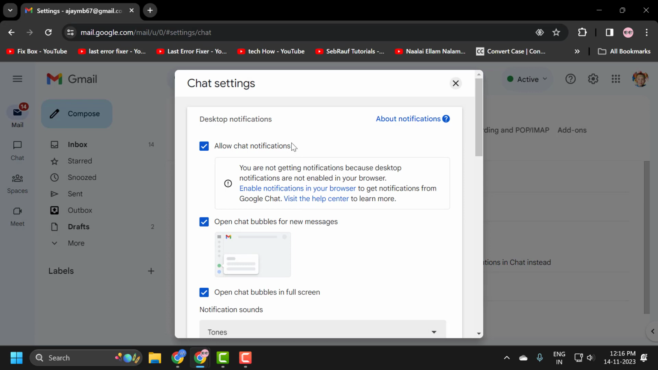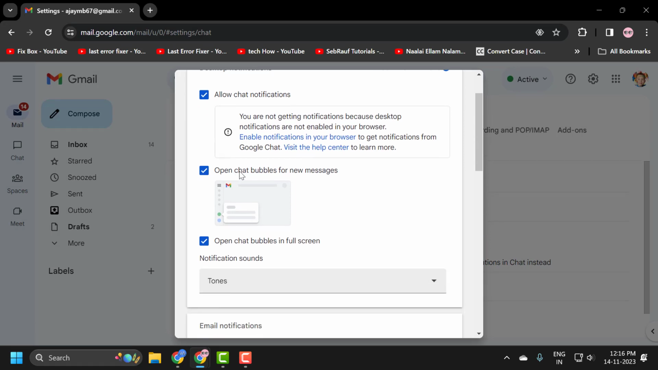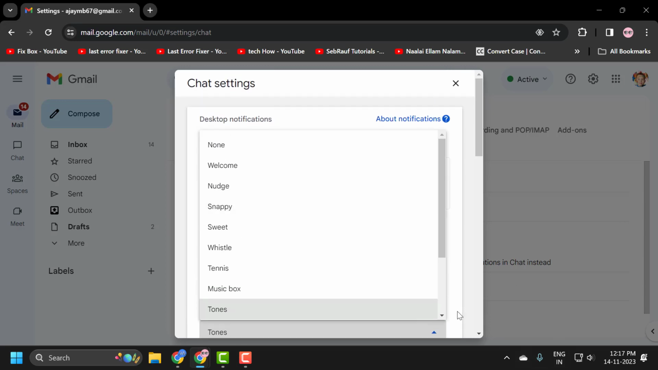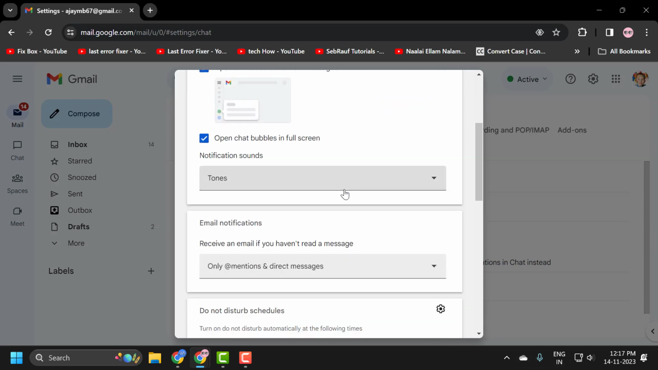In here you can allow the chat notification as well. Opening chat bubbles for new messages assembly appear automatically, and if you want those chat bubbles to open up in full screen, you can do that. You can also select the notification sound. Click on this drop down and select the sound you want, and after selecting it you just need